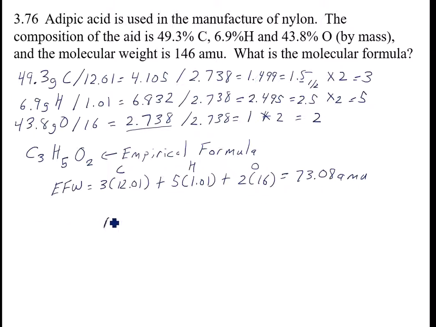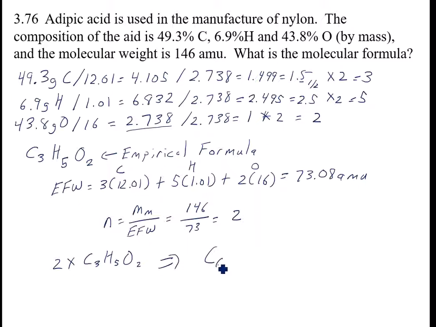So N is the molar mass divided by the empirical formula weight. So it was 146 divided by 73, and I get 2. So that means I take 2 times the C3H5O2 to get C. 2 times 3 is 6, 2 times 5 is 10, and 2 times 2 is 4. And this is my molecular